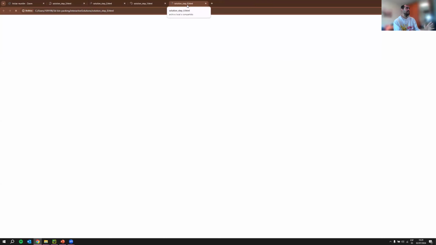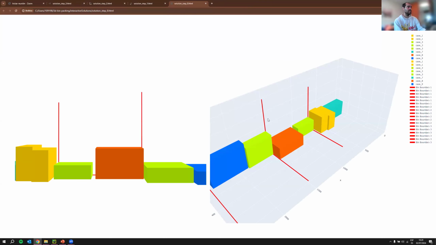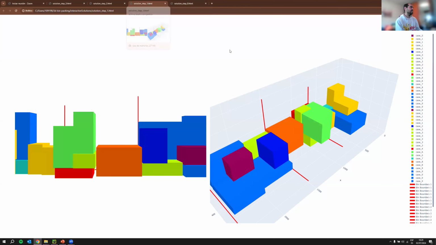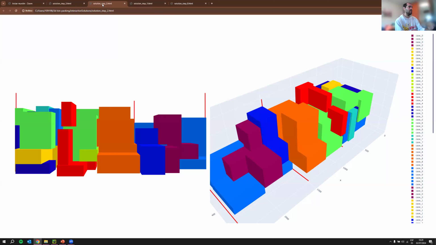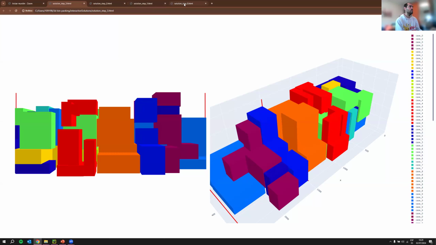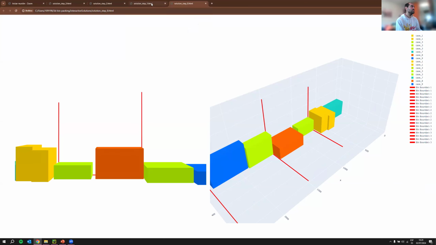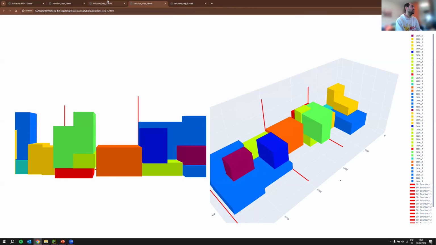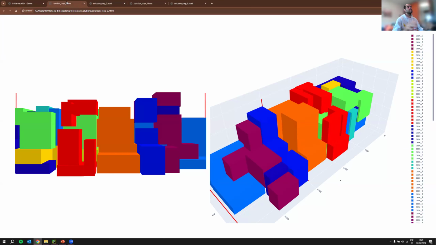For example, the first slice is this one, and now the solution is going to be built little by little. This is the first HTML, the second one, the third one, and the fourth one. As you can see, the solution is built little by little in order for the workers to make this solution a reality.